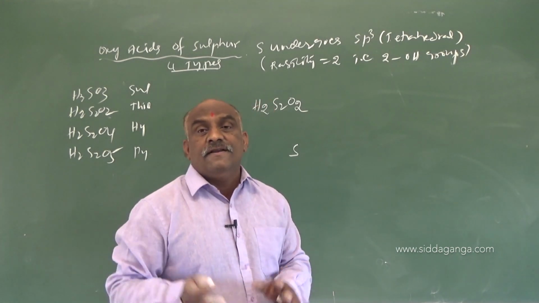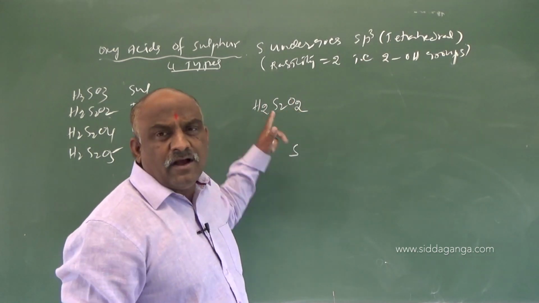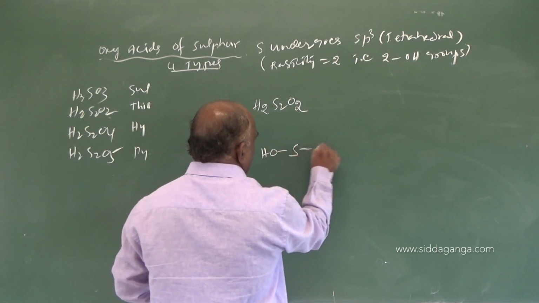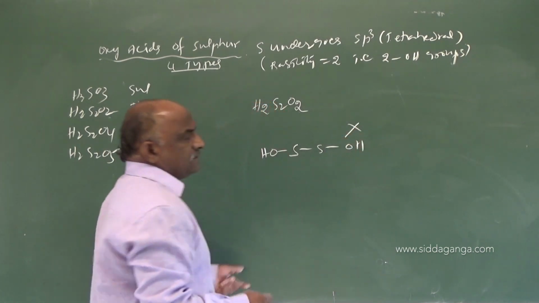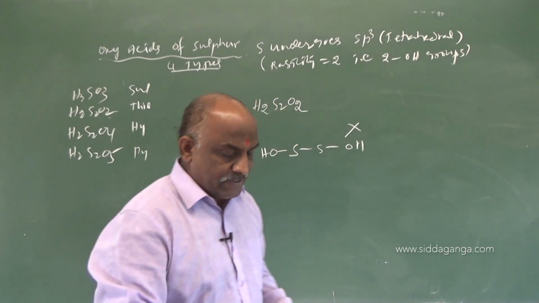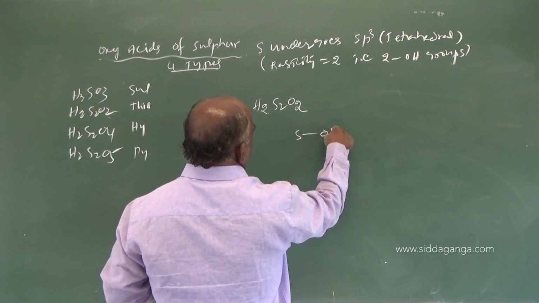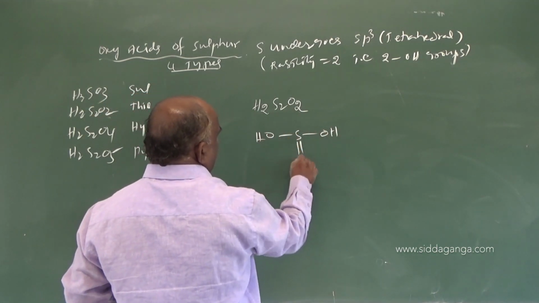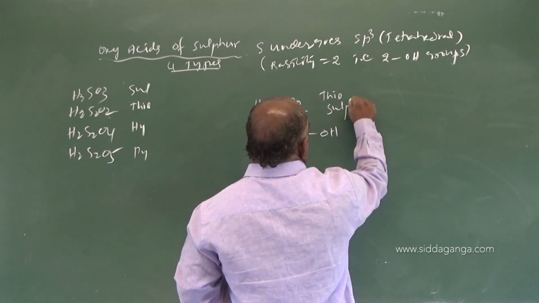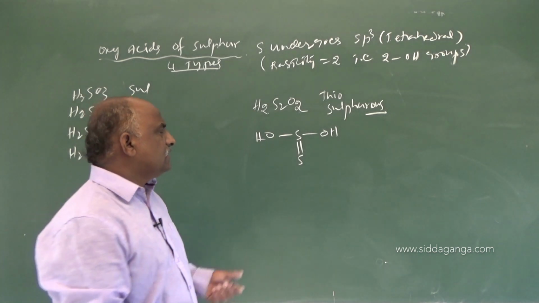Thio means an S bond S takes place. This is very, very important. How many oxygens? 2 oxygens. How many hydrogens? 2 hydrogens. Already we know how many hydroxyl groups? 2 hydroxyl groups. If you write like this, it is wrong. Thio means between sulfur and sulfur, a double bond takes place in this particular example. That's why you should practice this: S, OH, OH, double bond S, like this. This is called thiosulfurous acid. Make a note, my dear students.